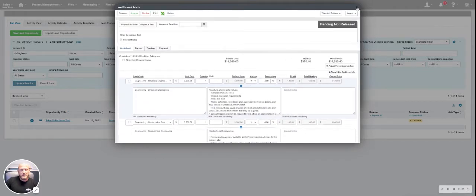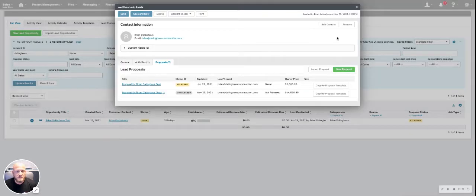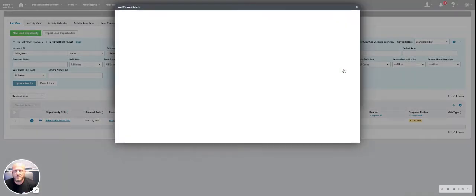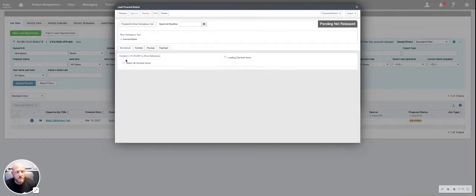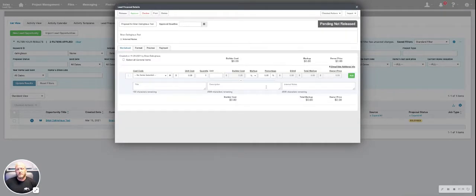But let's say I don't have any templates yet, or I just really like spending extra time building out proposals, and I just need to create a new one. So we're going to go into new proposal. And then from here, it's going to give you a blank worksheet. So you see you've got nothing in here for cost codes, unit quantity,